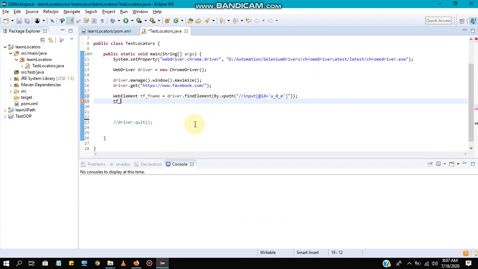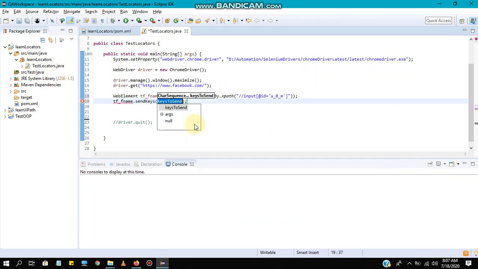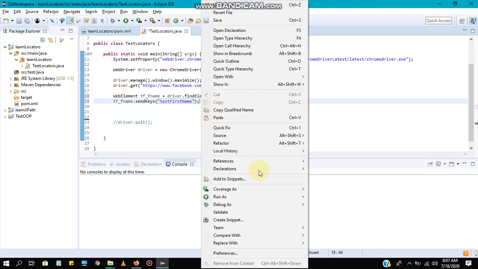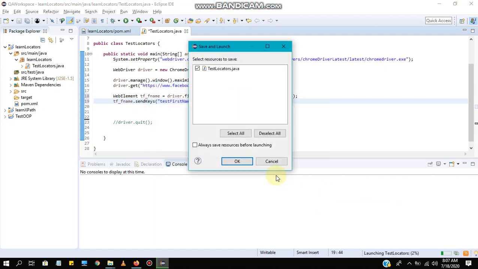Give whatever values you need to pass here. You need to call the send keys method. I am entering test first name here. Likewise, just right click and run, and see whether you captured this XPath correctly and whether this is running fine or not.